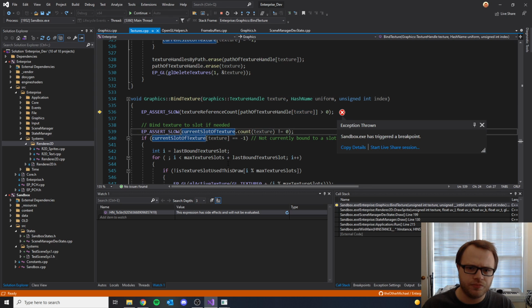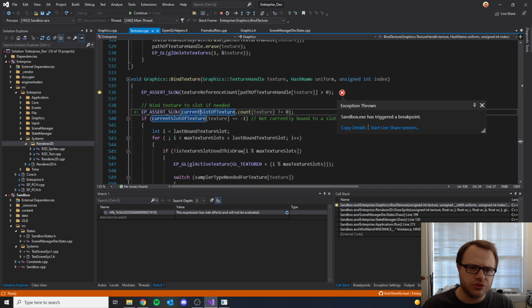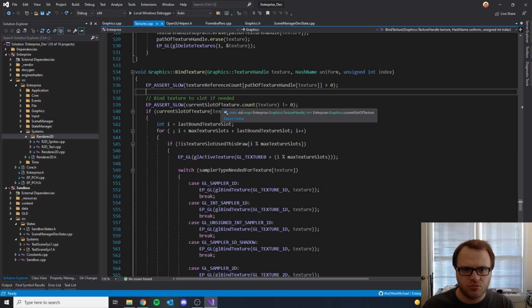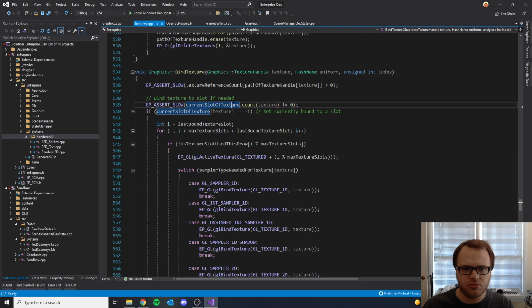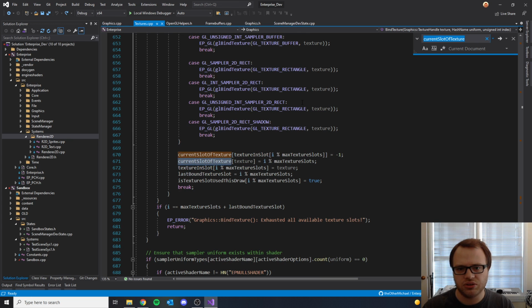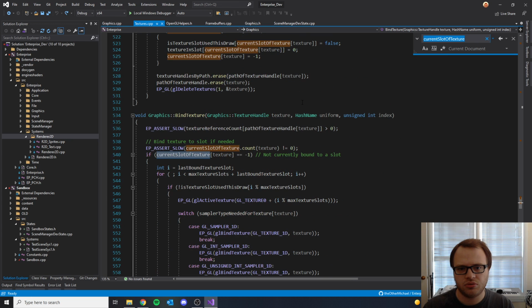But I'm thinking that the correct way to handle this would be to find a different way to assert that the texture actually exists. On the next line, we've got current slot of texture.count, texture is not equal to 0. So actually, this test may be sufficient,